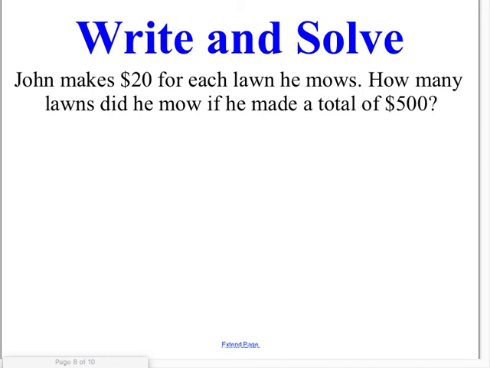So going through and reading that first sentence again, John makes $20 for each lawn that he mows. $20 being a key thing, and each lawn being a key thing. The lawns, we don't know how many of them there are, so we're going to call that x. For each of those, he gets $20, so that means we're going to be multiplying by $20, and total, he gets